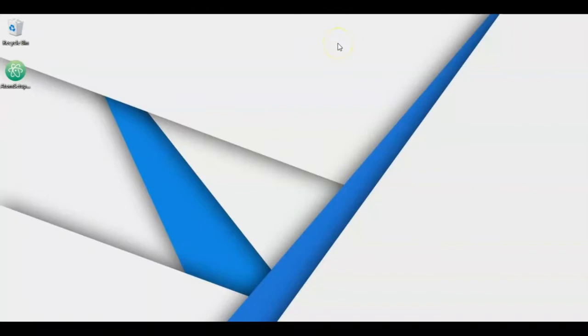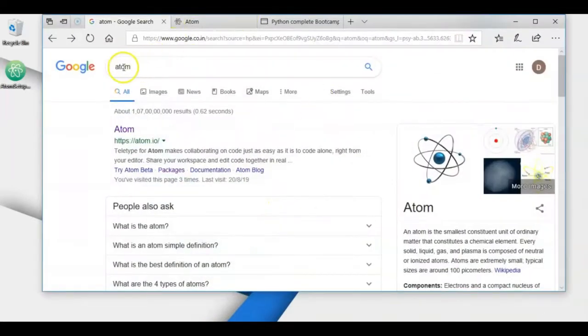Hey everyone, this video is about installing Atom on Windows. Here I will tell you how you can install it and some important files required for programming in an editor. Now first of all, just go to Google and write Atom there and click on the first site,